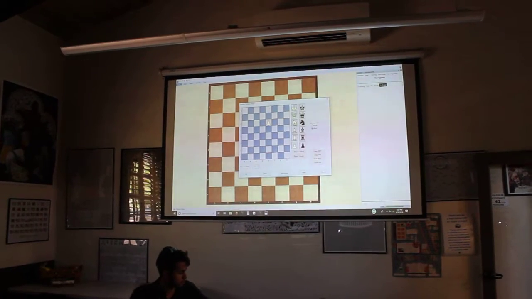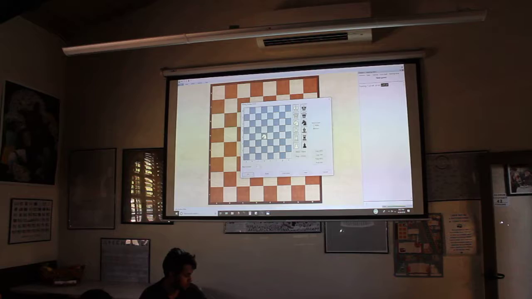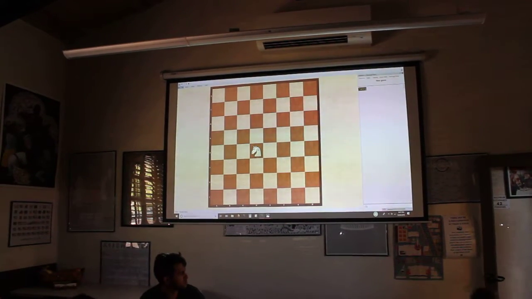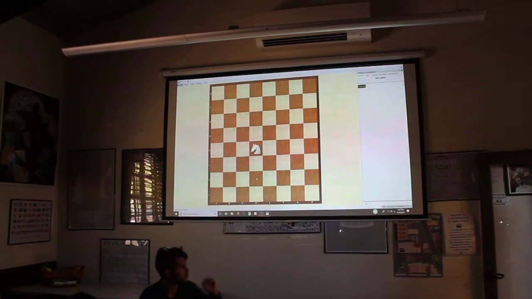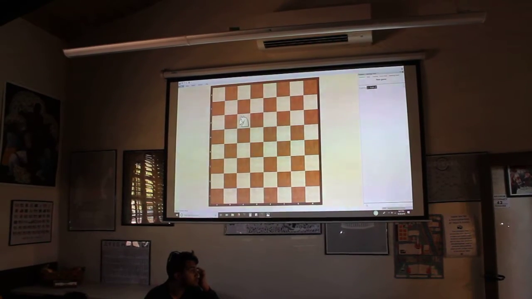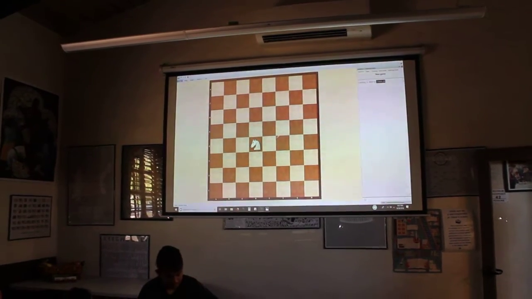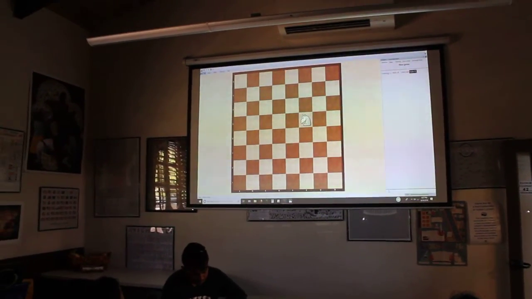Let's move on to the knight. Now, the knight is an interesting piece. It can jump over any piece in an L shape. So for example, it could go to this square, or maybe it could go to this square. So by looking